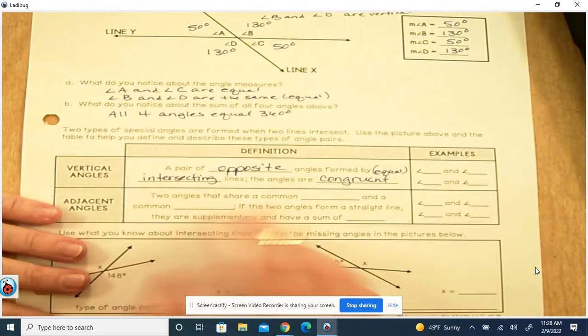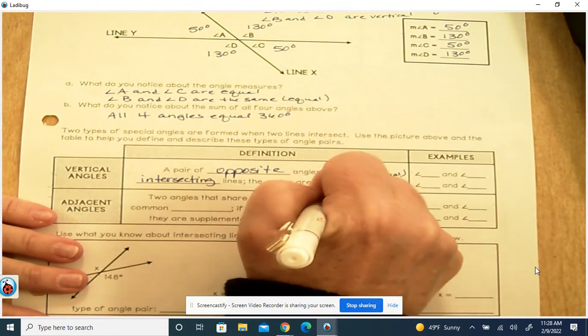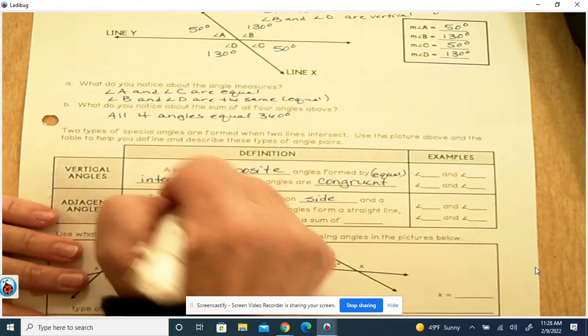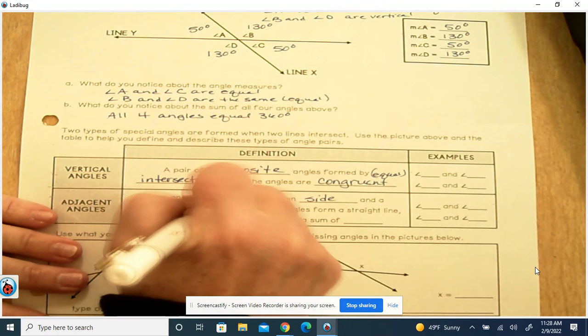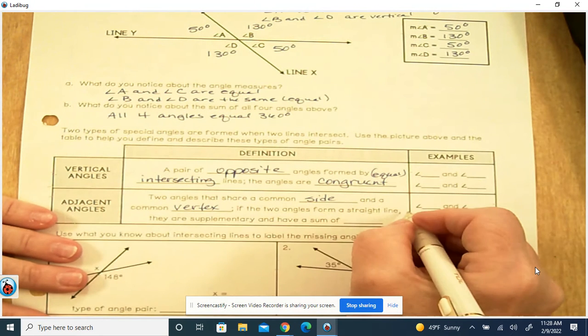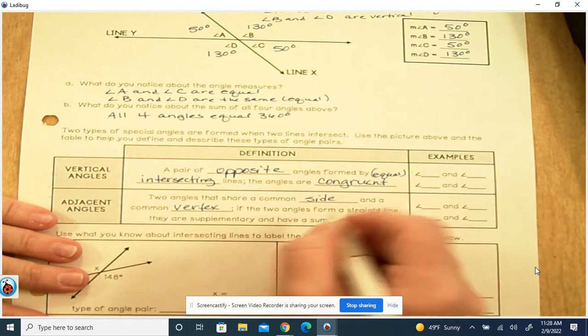Adjacent angles are two angles that share a common side and a common vertex. If the two angles form a straight line, they are supplementary and have a sum of